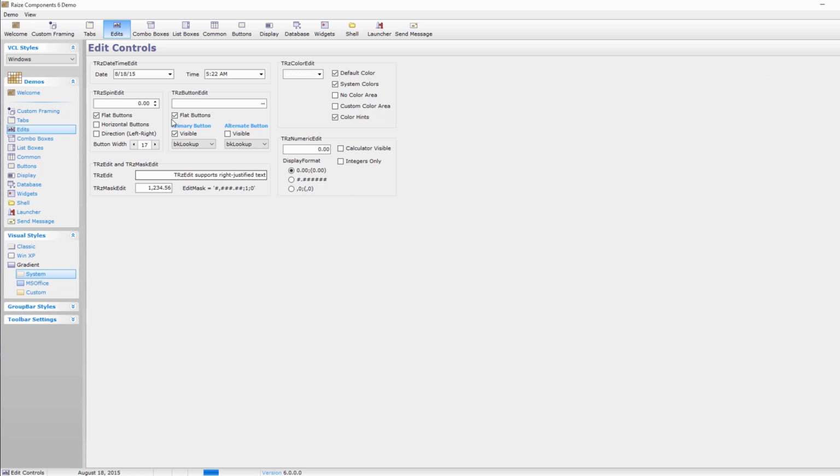So as noted earlier, the Konopka Signature VCL Controls provides full support for VCL styles, and so we can go ahead and drop a list down of the styles that have been registered with this interface. For example, the Iceberg Classico, and it loads up the style, and you can see that all the different elements all pick up the current style